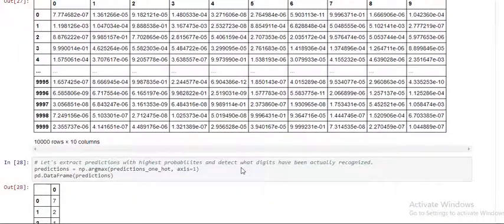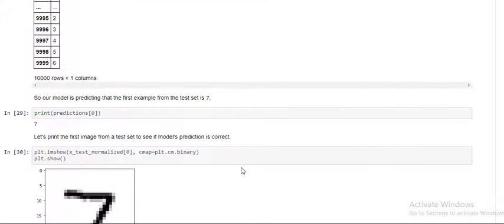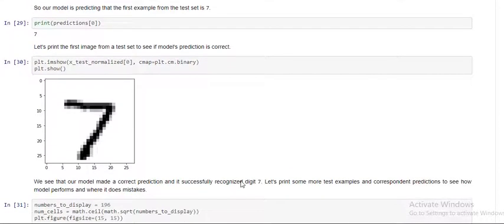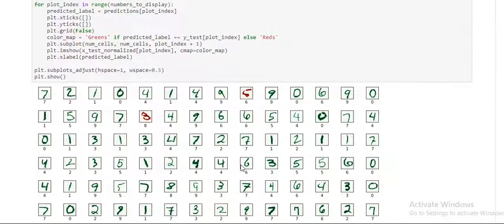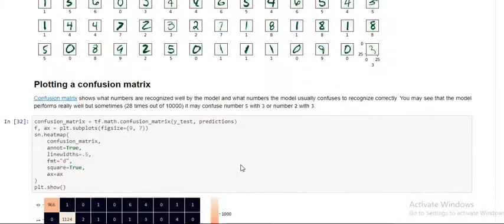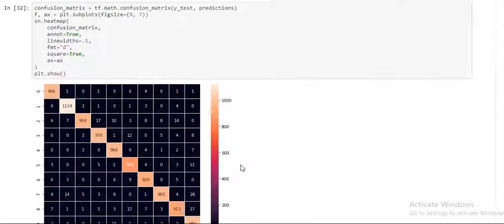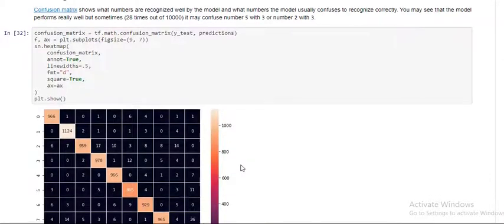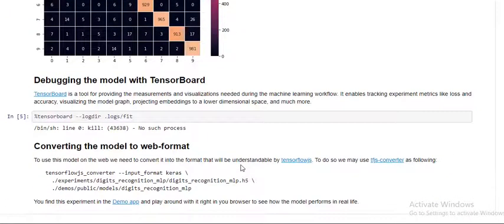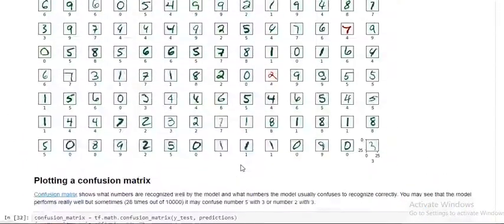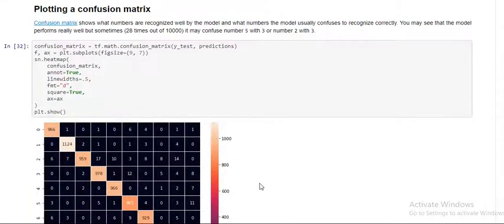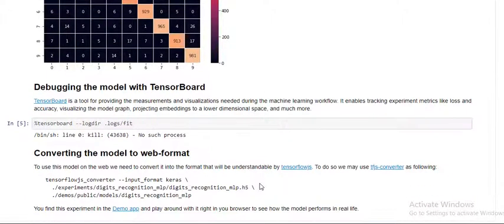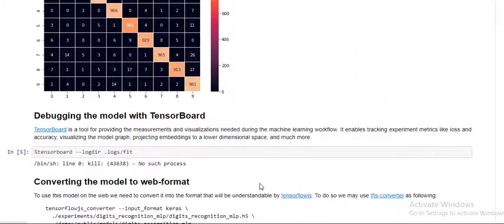The prediction one-hot shape is also given here. Now we have predicted with our model, where we plot the 7, and we can see the probability of this being a 7. For that we have added a confusion matrix also, for debugging the model. So this is how, using our model, we have analyzed what the digit will be.